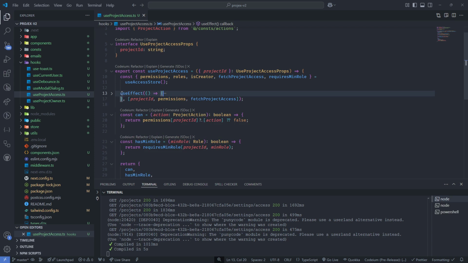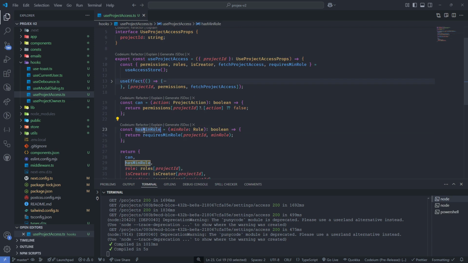All right, so this useEffect is fetching the project access for that user. And here I've set up a couple of functions. The first one is can, the second one is hasMainRole. The can is basically used for the project action, so we basically say, can the user delete project? We are going to pass the action here, and this is going to check permissions,